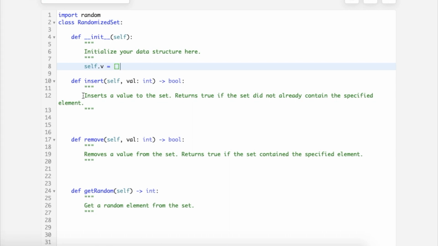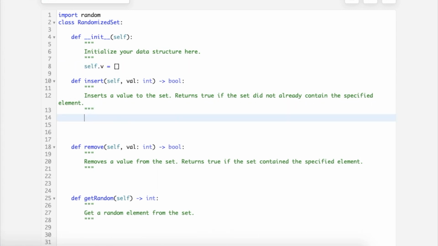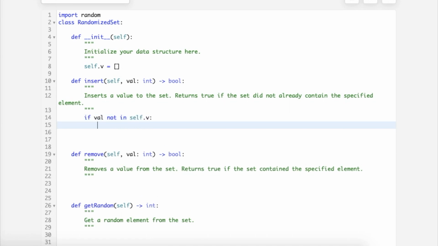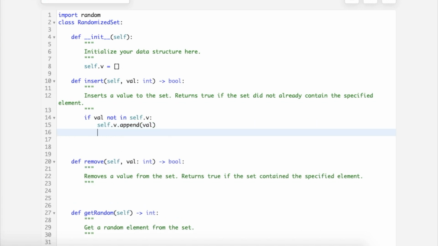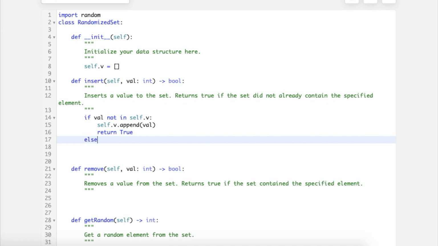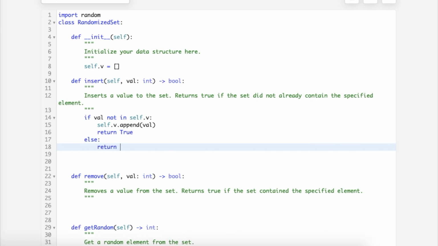Now in the insert function, it's written that insert a value to the set, returns true if the set did not already contain the specified element. Okay, so we have to write this.